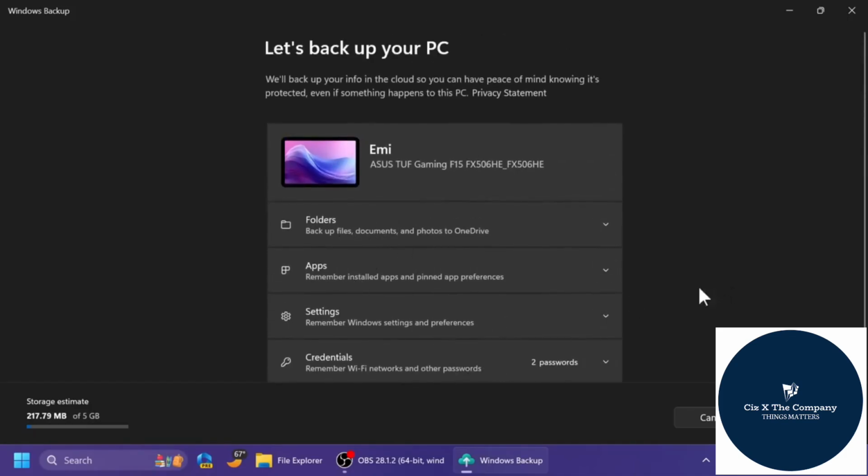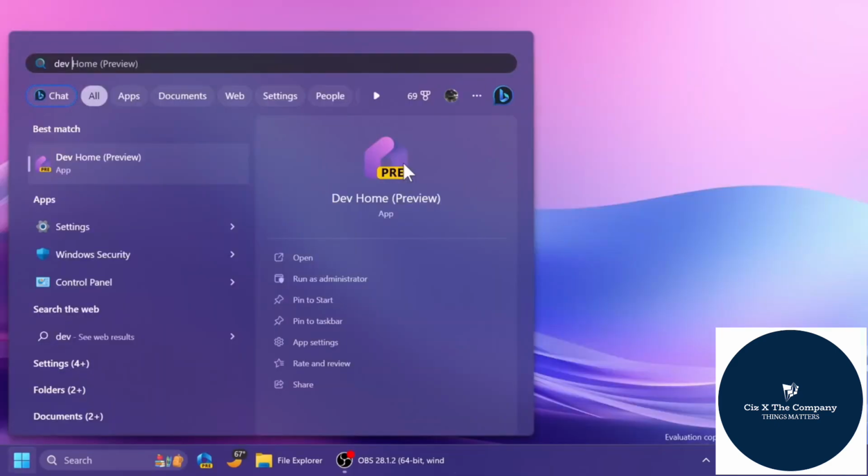We have the new Windows Backup app in Windows 11, and this is a completely redesigned app that will match the Windows 11 experience. As you can see here, it has nice rounded corners and dark mode, and it also has an integration